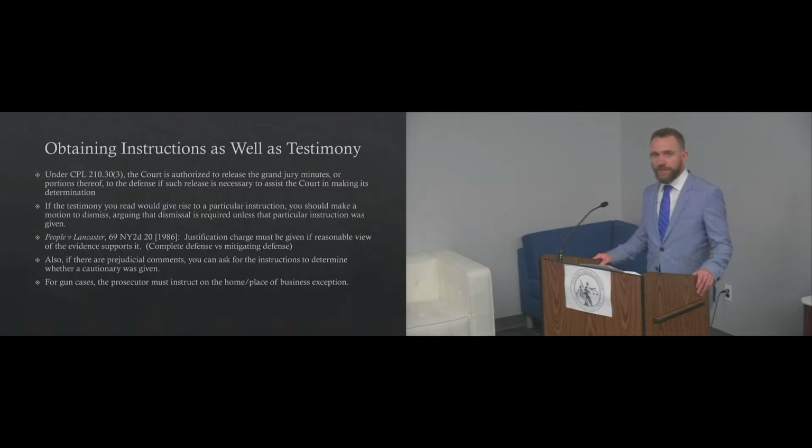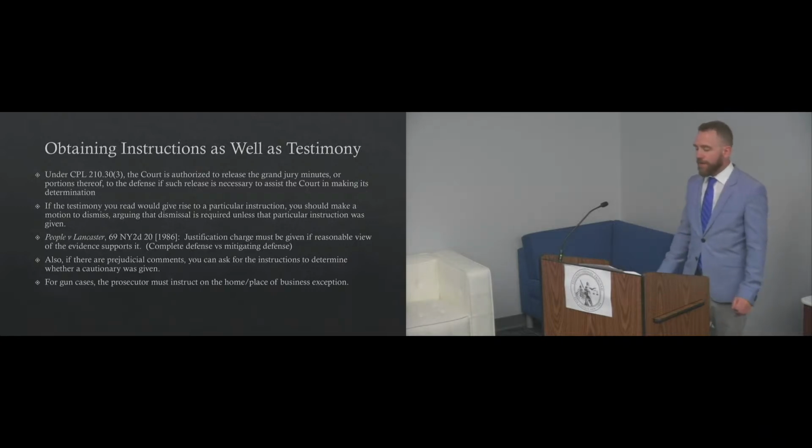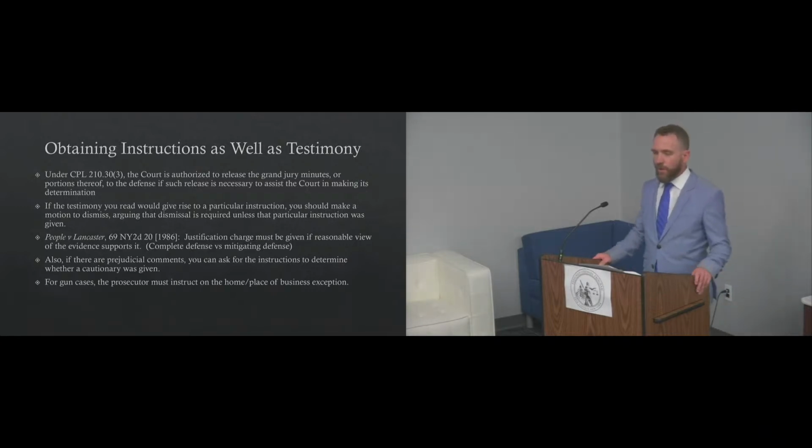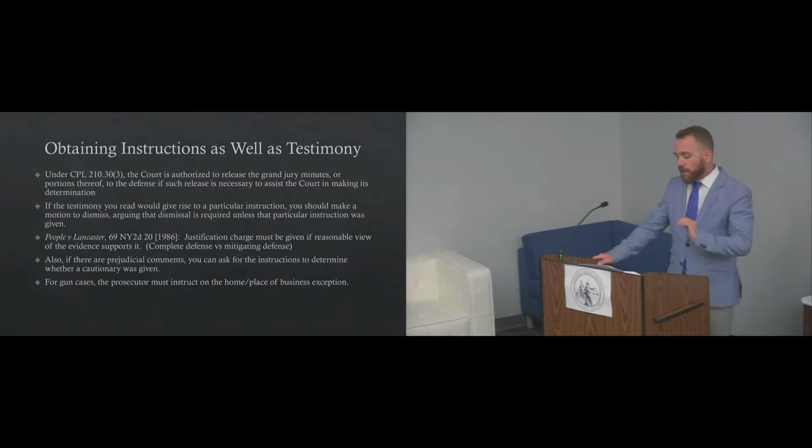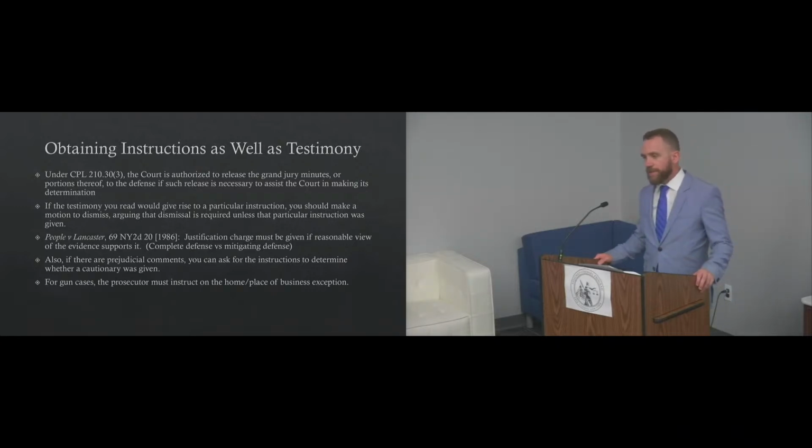So what you want to do is, in your omnibus motion or in some other motion later, you cite CPL 210.30 sub 3. And in that statute, it says that the court is authorized to release the grand jury minutes or portions thereof to the defense if such release is necessary to assist the court in making its determination. So if you're reading through the testimony and you say, okay, there's some evidence here of intoxication that would negate intent, or there's some evidence of justification, there's some evidence of, whatever it is,